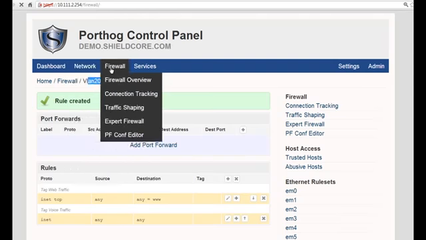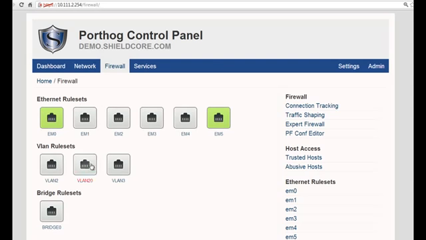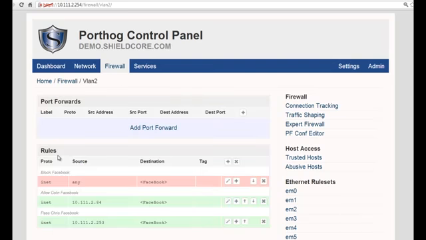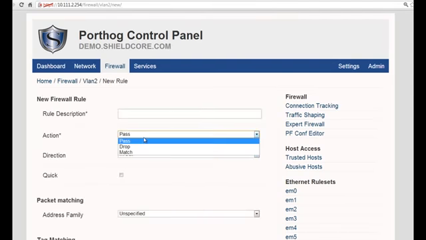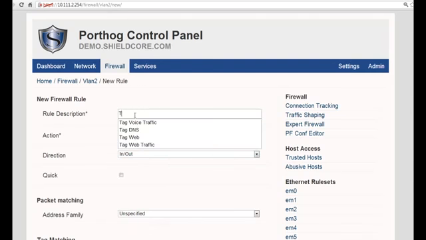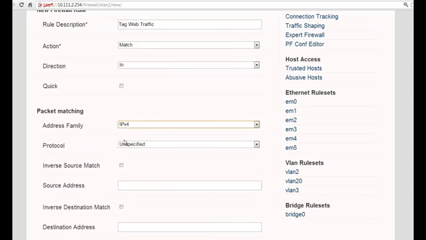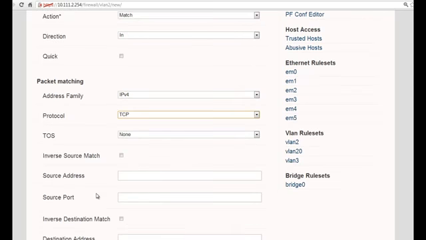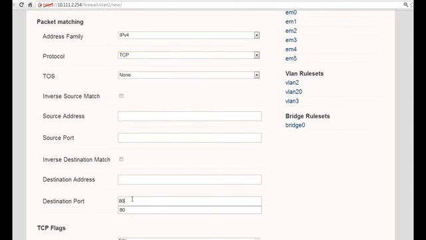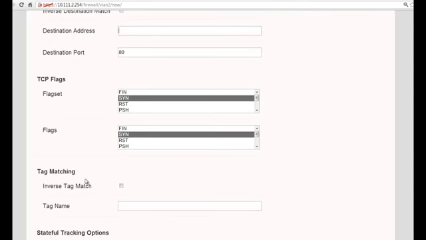We'll go to the firewall rule sets. This time we can click on VLAN 2 and check out the rule sets for VLAN 2, which is our local network. And under VLAN 2, we'll create a new rule to tag web traffic. Again, we'll match, and for incoming traffic, we'll do IPv4. Protocol we'll enter as TCP. The destination port, of course, 80 again. And then scrolling down to tag,